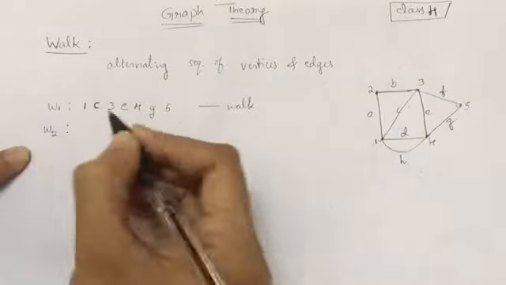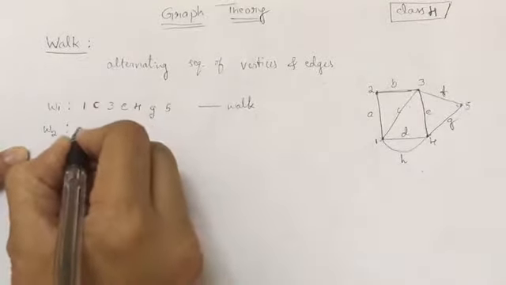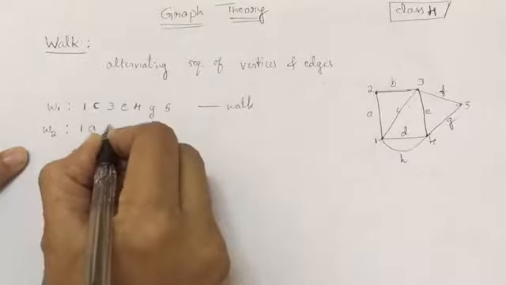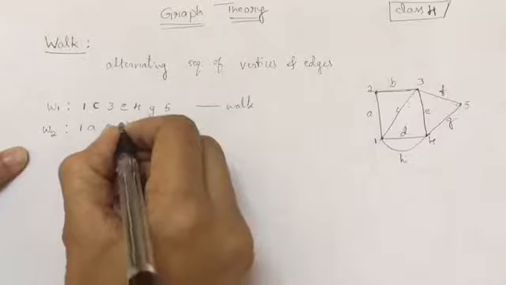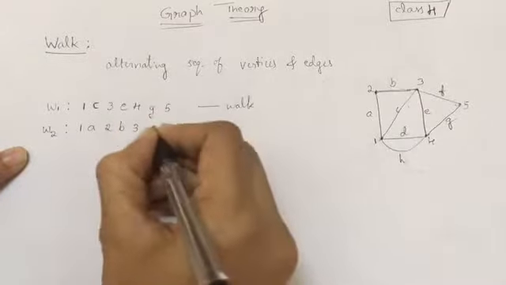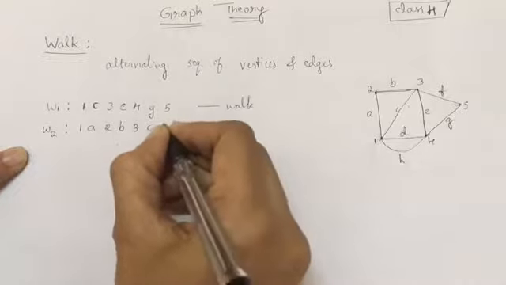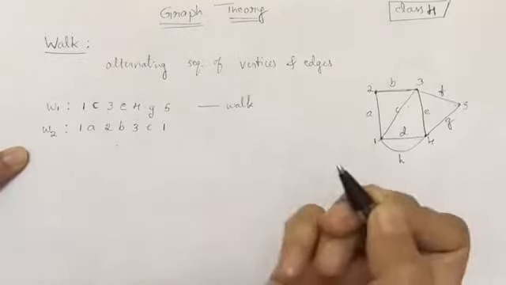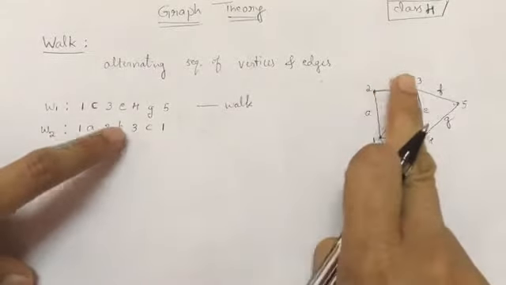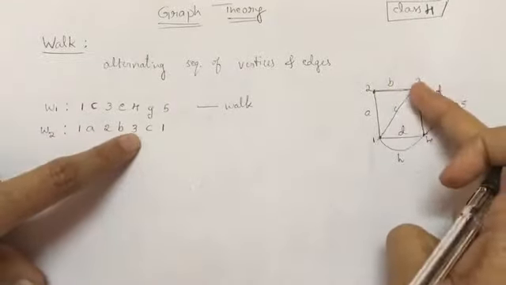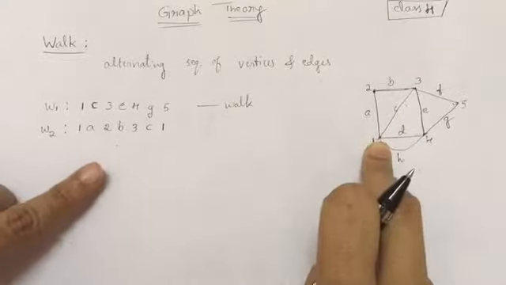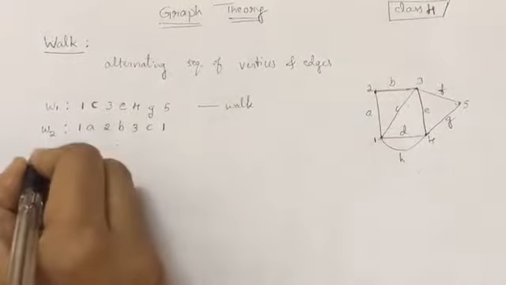Walk 2, I'll start with vertex 1, edge A, vertex 2, edge B, vertex 3, edge C, and I'll come to vertex 1 itself. So 1, A, 2, B, 3, C, and 1. I'm coming back. This is also a walk. One more,